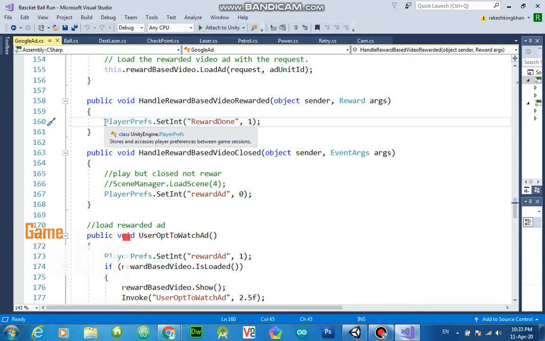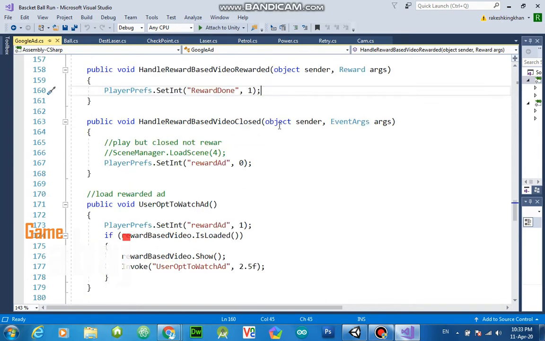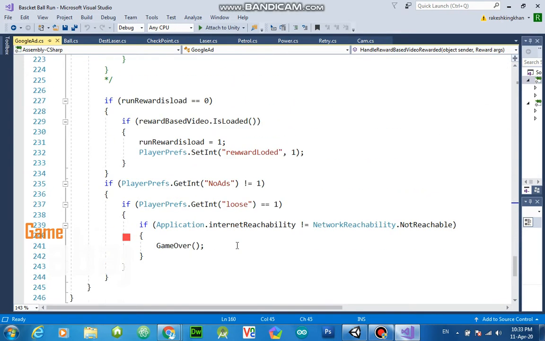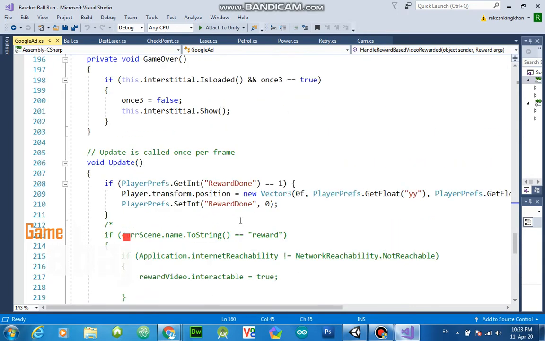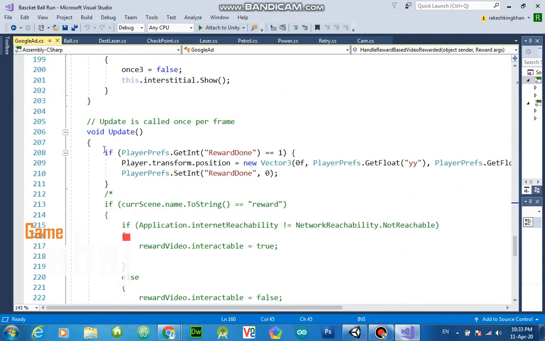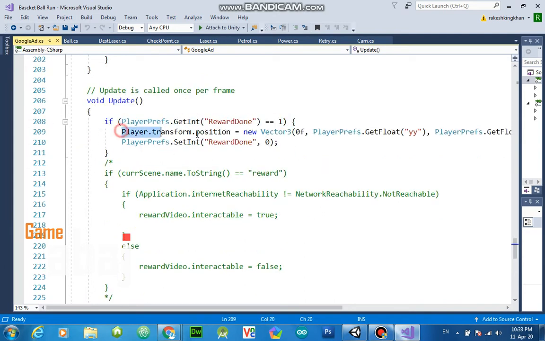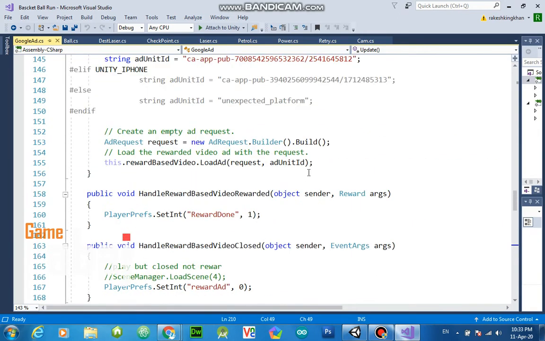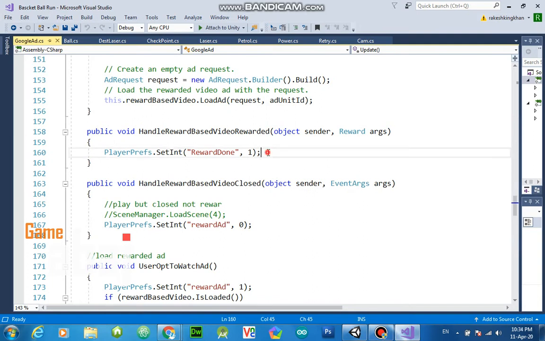I just use a player prefab and set reward done to 1, and then I reward it in the update method. If his reward done is 1, then I do my coding and turn this reward done back to 0. So this function is used for rewarding a person.